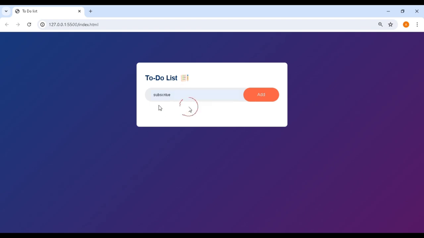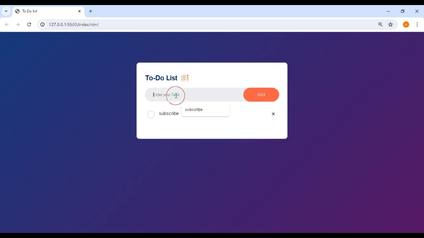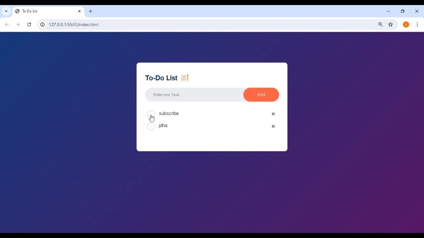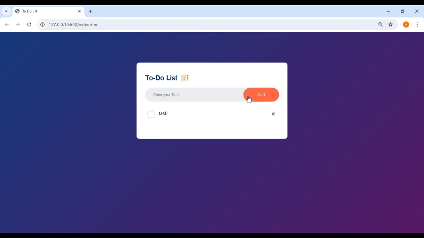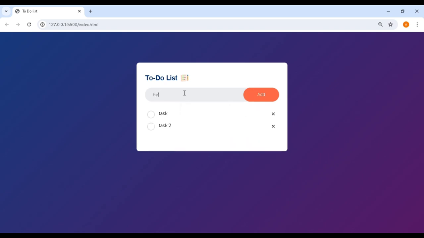For example, if I enter subscribe text again here, it is added to our list. Let me add another task, so it is also added in our list. We can mark here to check it as complete, and we can use this symbol to delete the parent element, meaning delete the task. Now we want to add a last feature in this. For example, if I add a task here like add task, and I will add another task here also,